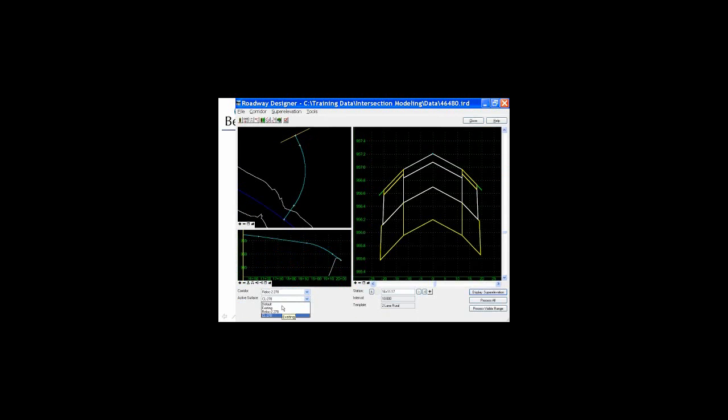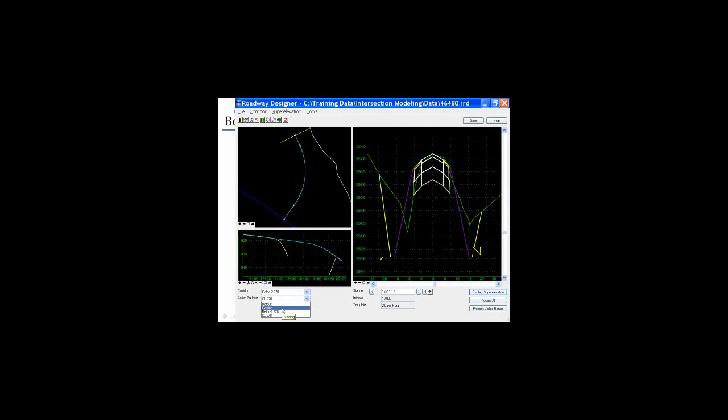So now let us return to the Roadway Designer. I'm going to reset my active surface to existing. And I'm going to add these radius returns into this roadway corridor. How do I do that? Well, I do that via the point controls. So I select the point controls button,